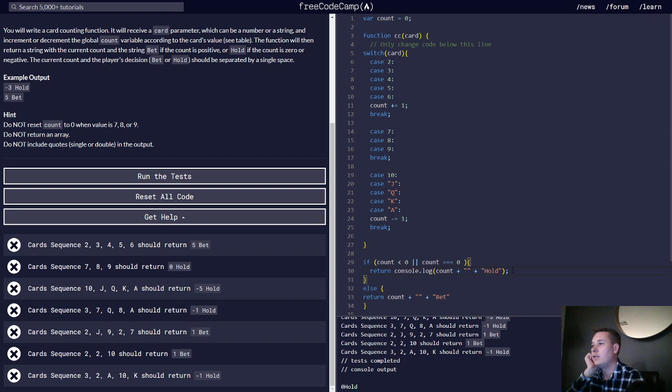If the case is 2, 3, 4, 5, or 6, add 1 to the count and break. So break returns us to the